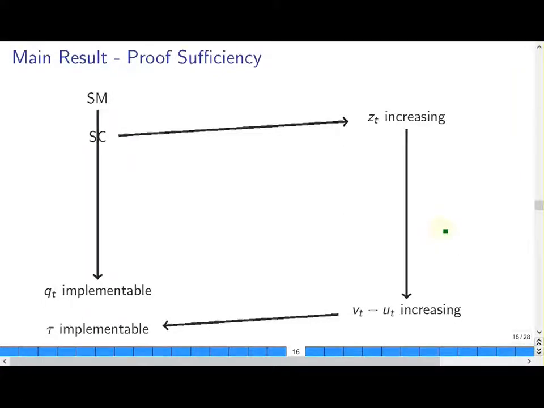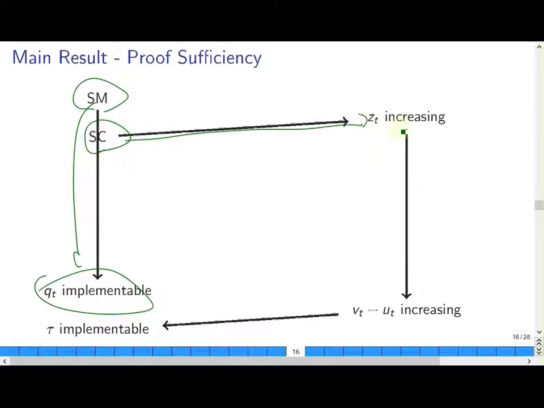So moving on to the proofs. To prove sufficiency, we start with the Spence-Mirrlees condition. By a standard static mechanism design argument, we can show that the Spence-Mirrlees condition would imply Q being implementable, and by some small amount of algebra, we can show that the single crossing condition, the PST condition, implies